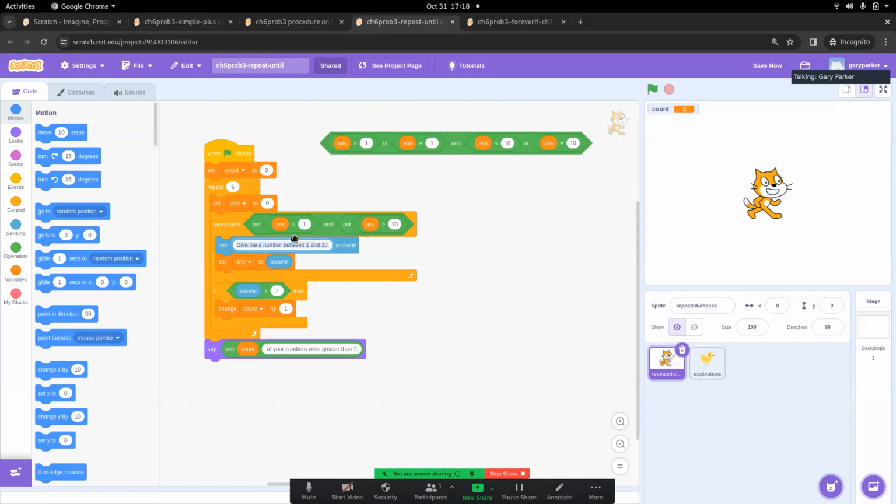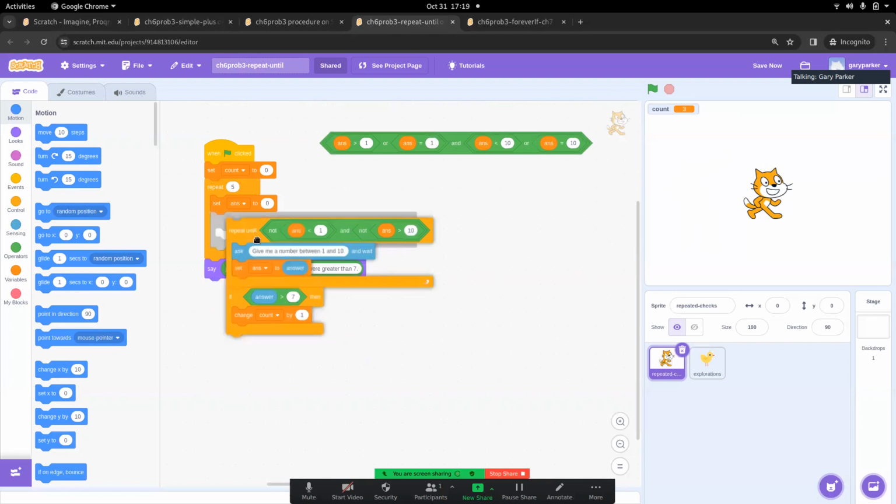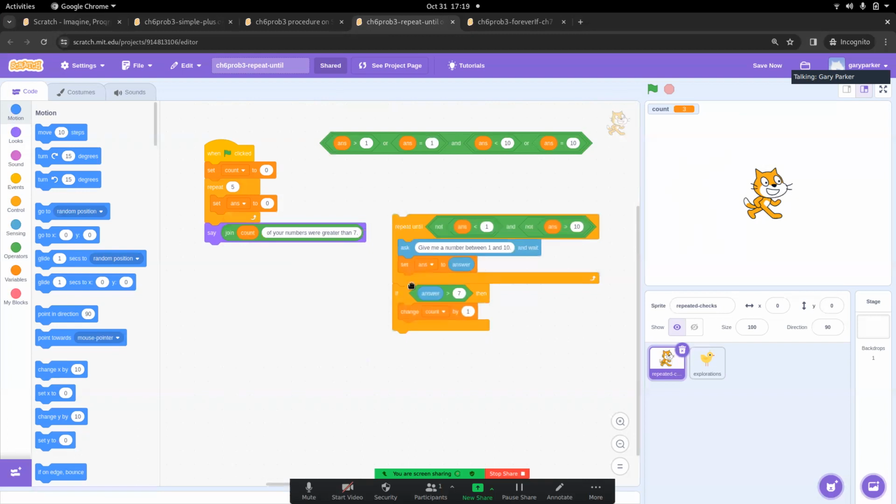We get the answer. So we set the answer to that, and then we check to see if that answer is greater than 7. If it's greater than 7, then we count it because that's what we're looking for here. And then we jump back into the loop and keep going. Now, the cool thing about the repeat until is in this block right here,